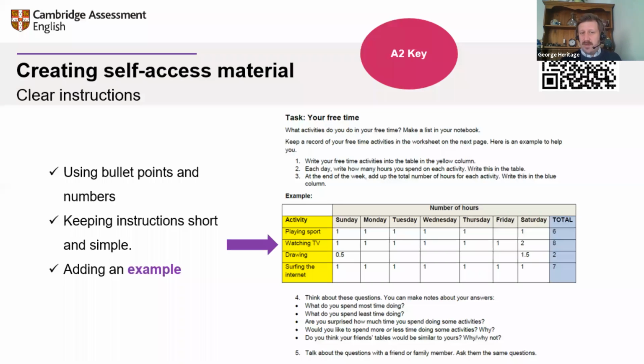But I think an example, wherever possible, where there's space, is always good to show them what they need to do, because again, like I said before, sometimes when you're in class and you've given instructions, you realize 2 minutes later that they were awful and everybody's doing the opposite of what you asked them to. So even more important with self-access material, make it clear what their objectives are and what they are being asked to do.